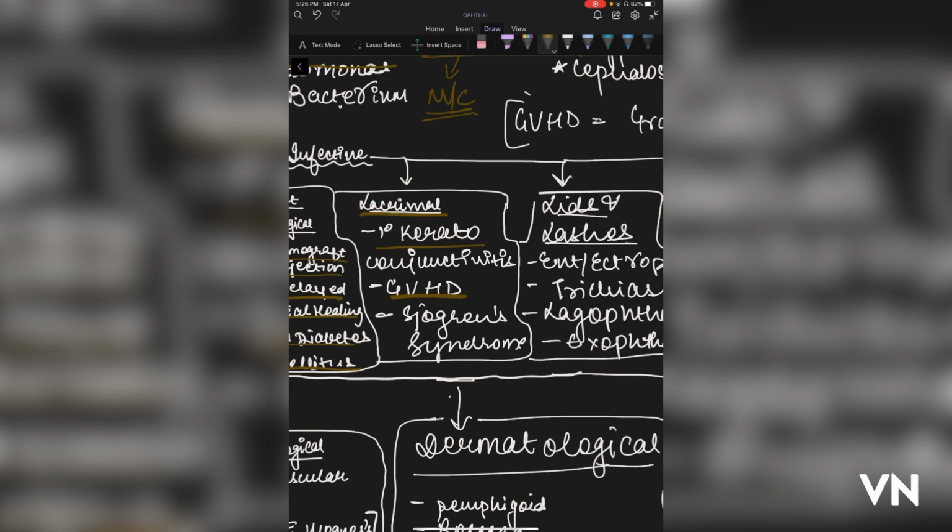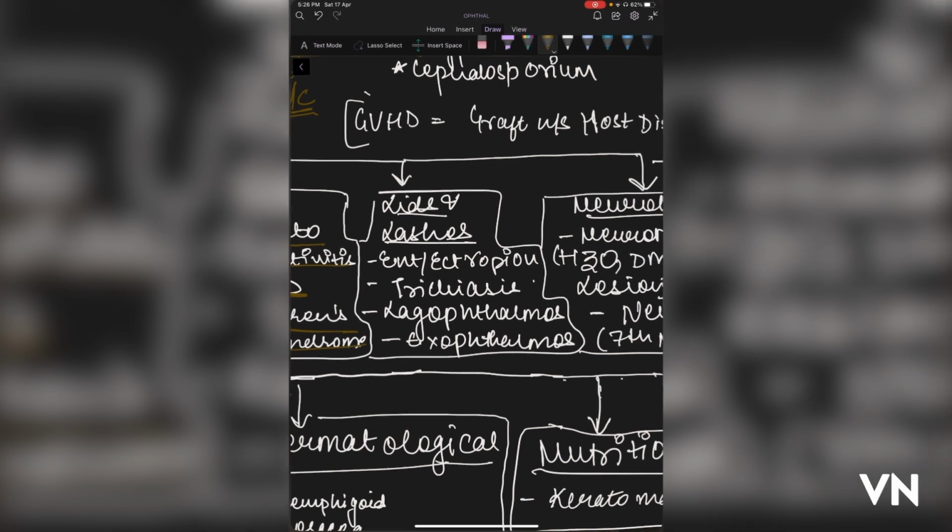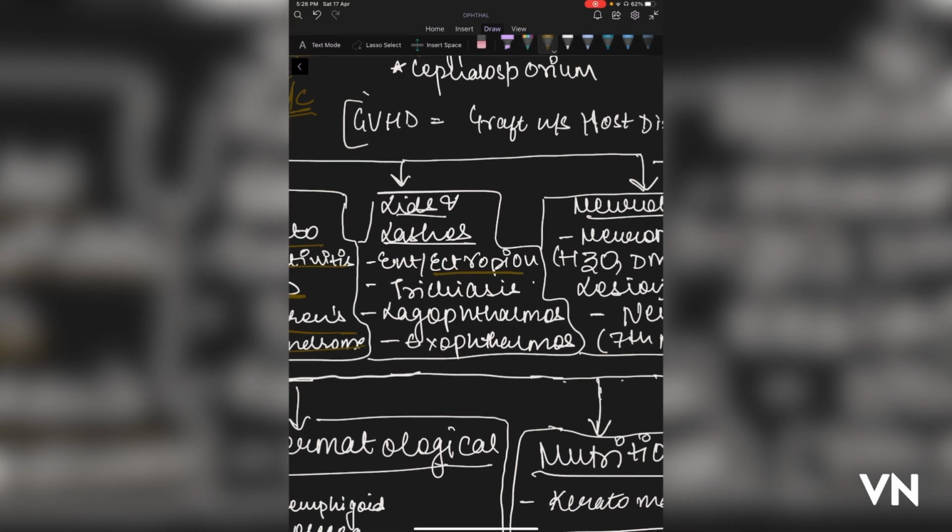Primary keratoconjunctivitis. Entropion is basically inward folding of your eyelid. Now, how can that be harmful? It can be harmful because your eye is not being protected, the tear film is not being spread. That will lead to damage due to dust deposits. In fact, infective causes can also be there in this case. Ectropion means outward folding of your eyelid. Again, the same reason applies, because the main function of eyelids is basically to spread your tear film around your eye.